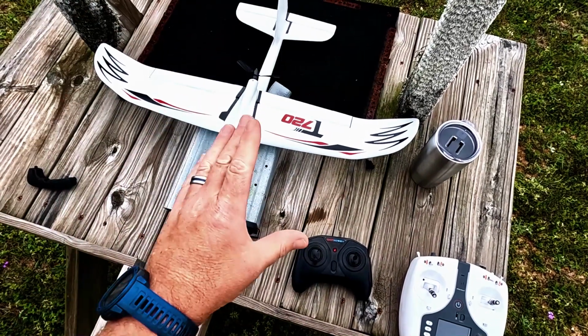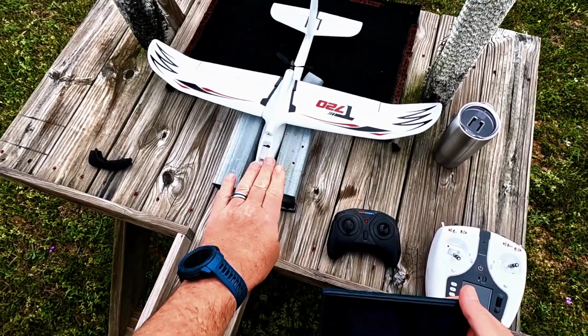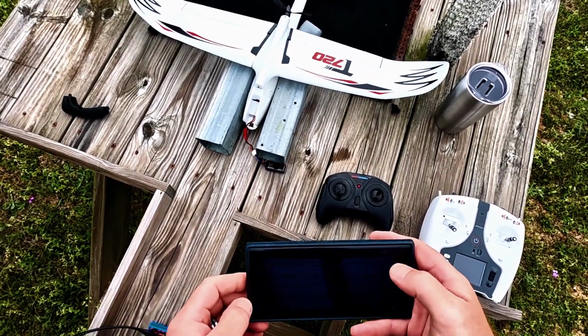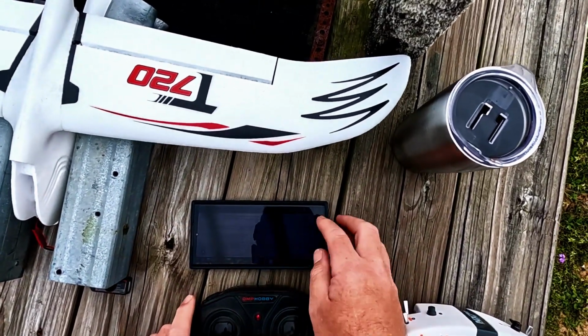So I hope this is filming right. It's hard to tell where the GoPro's aimed, but I got this thing about as level as I can get it. So the first step to adjust the wing: press the right joystick 3 times, and the red light on the remote control